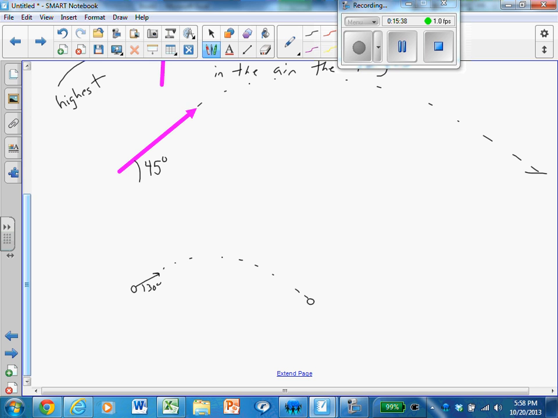It's not in the air as long as the 60 degree one, but turns out that they would land at the same point downrange as long as they're complements of each other. So 60 and 30 would,